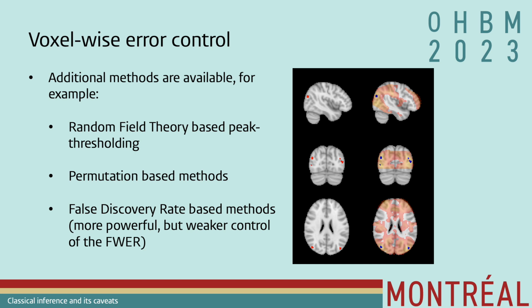They are often more powerful, but they have weaker control of the family-wise error rate because they do not control the amount of false positives, but only the amount of false positives across the rejected set, so across the significant p-values. You could say that false discovery rate methods control the average false positives and not the actual